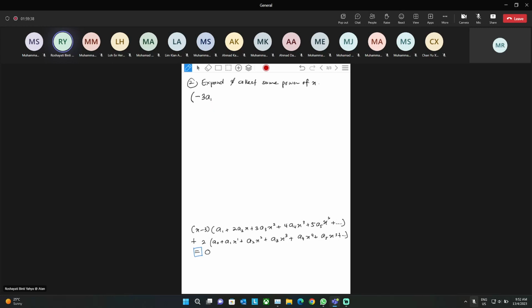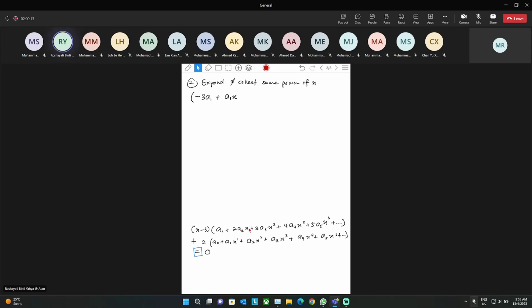So negative 3A1 plus, let us do it together. Plus this one multiply with this. A1 minus negative 3 and then A1 multiply with negative 3. You will get negative 3 A1 and then A1 multiply with X. So become A1 X. Okay. Now we move to the